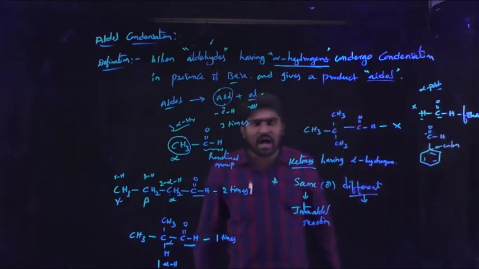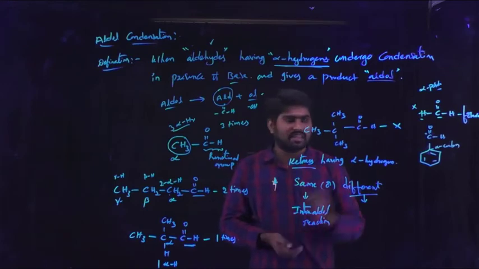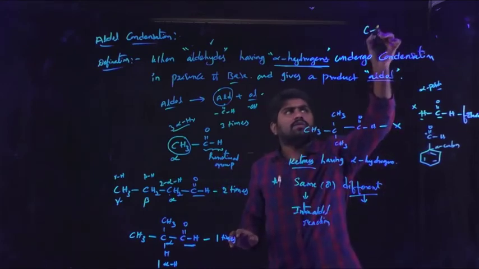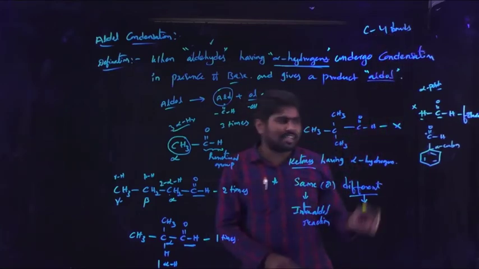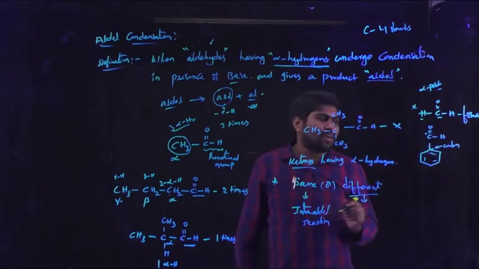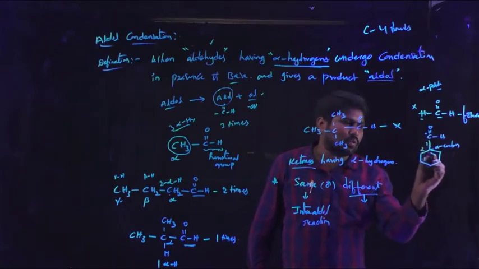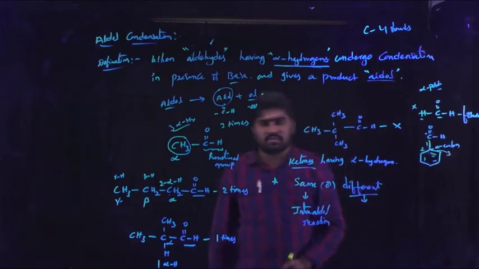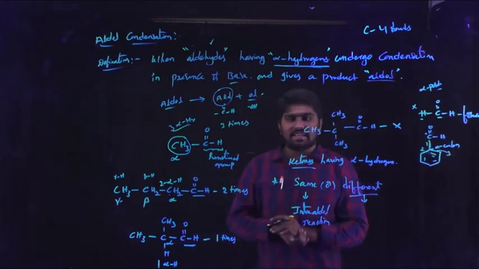And there is no hydrogen present. We already know that carbon has 4 bonds. Just count the number of bonds present at the alpha carbon atom. So this is 1, this is 2, this bond is the third bond and the double bond is the fourth bond. The carbon valency is satisfied. There is no hydrogen.